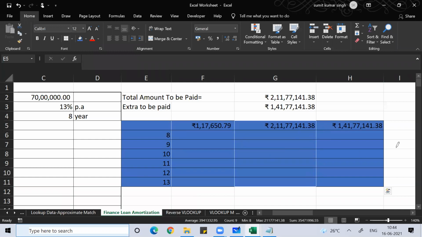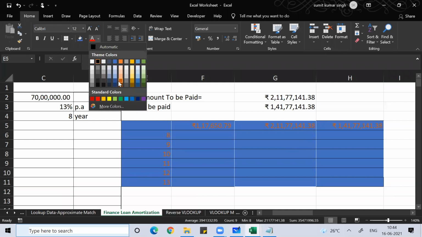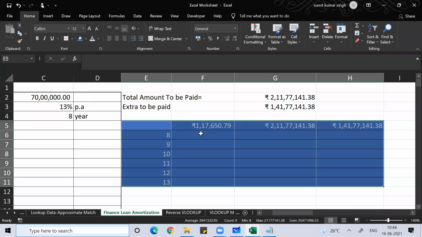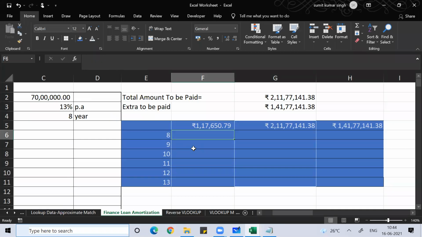Because I have written with blue color, it was not visible properly. So what I can do, I can change the font also. Just looking better.